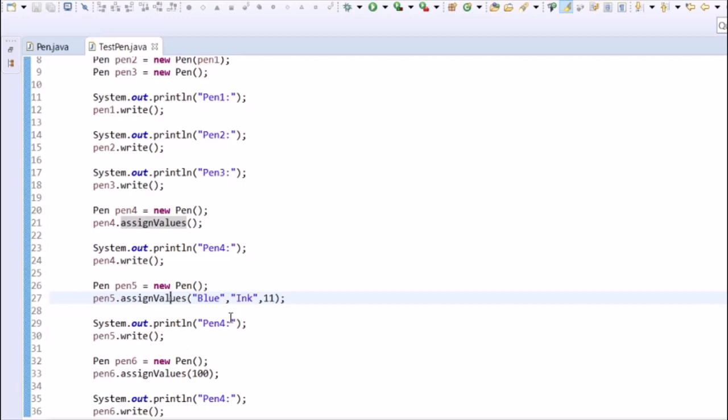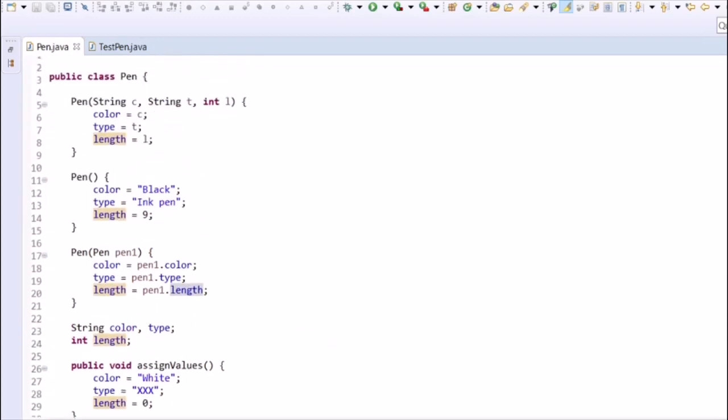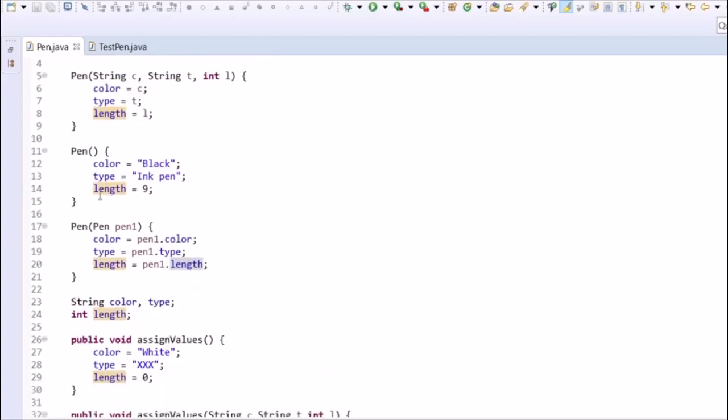And for pen P6, the assign values with int parameter would be called, and only length is assigned, and the default values of pen, that is black and ink pen, would be assigned to color and type.